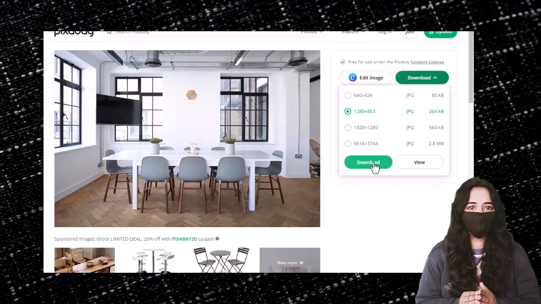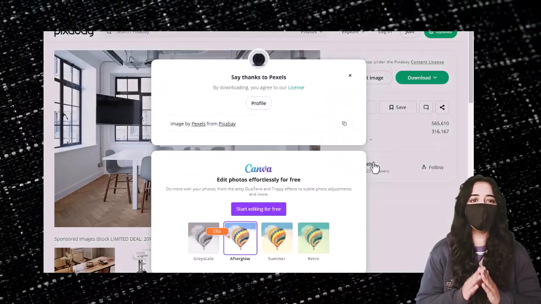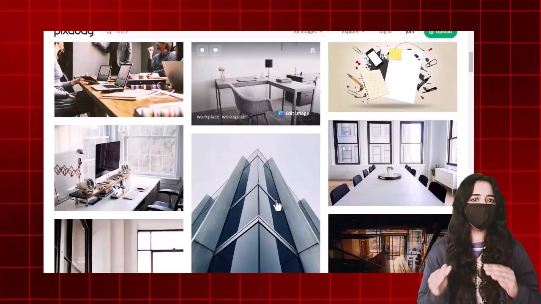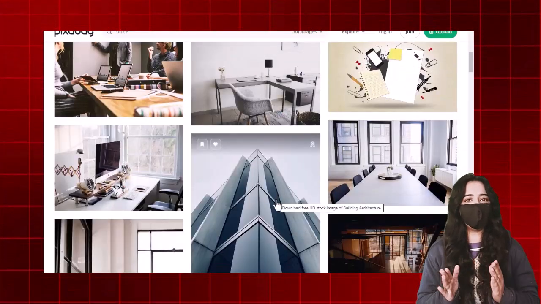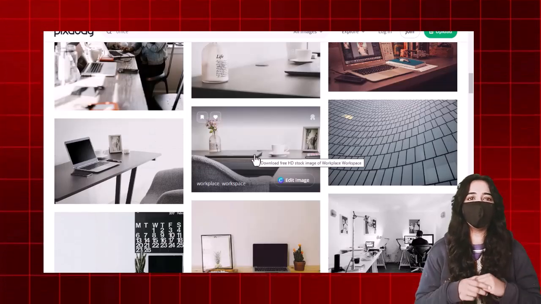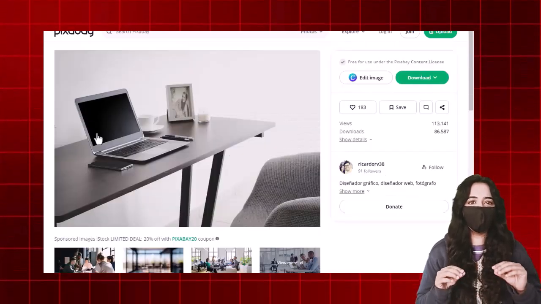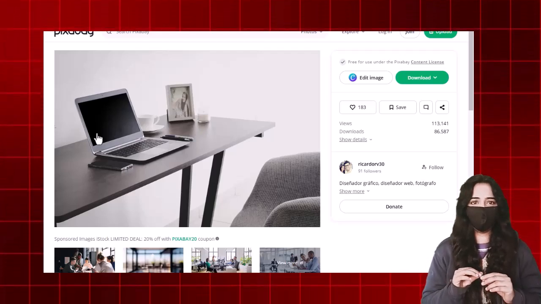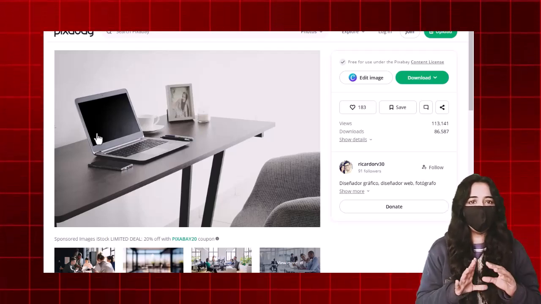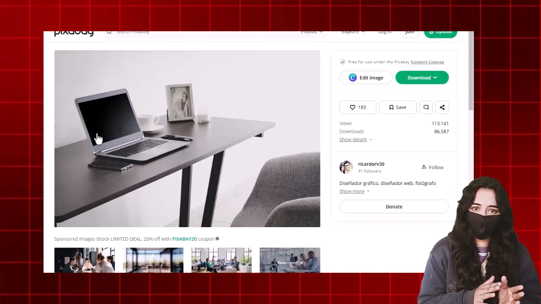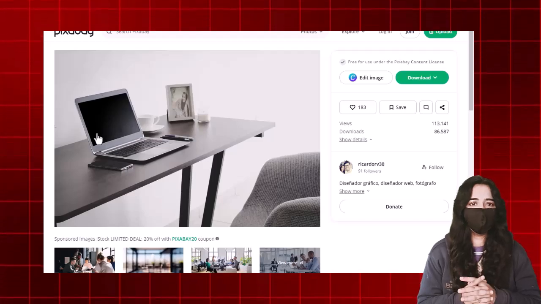The dimensions are mentioned in front of you. Simply download it and see this one here. This picture is also fine. Let's go random. So here there will be all the pictures related to the office. See this picture here, it is good. So I'll download it. It is okay. So these are free pictures. Here you will not get any copyright. So look carefully. There will be two pictures we are going to take from this website. We are taking only office related pictures and we have to download them one by one.